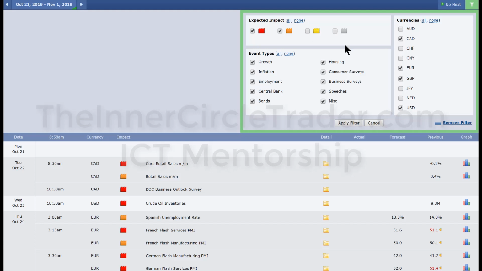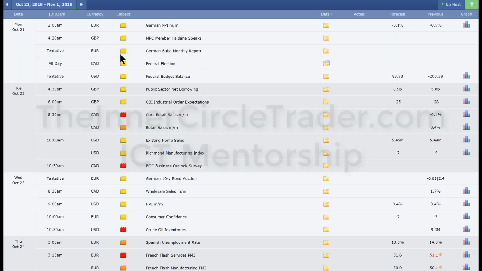But as it is for this coming week, I want to bring your attention to an event that's occurring for the Canadian dollar. Again, notice that we have Canadian dollar toggled, but there's nothing showing for Monday. But when we show low impact, you'll see on Monday we have the federal election. So they're doing their Canadian election. Even though they have it low impact here, to me, I think it's an important factor, especially since it's, in my opinion, a very pivotal election. So we'll see what happens with the Canadian dollar as a result of this election on Monday.